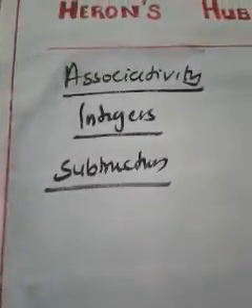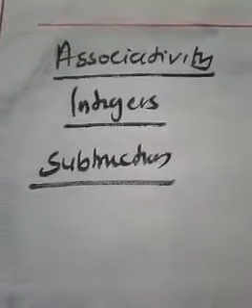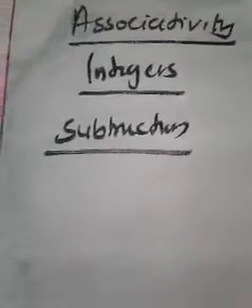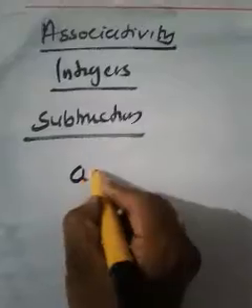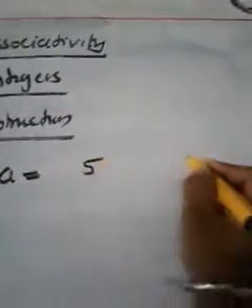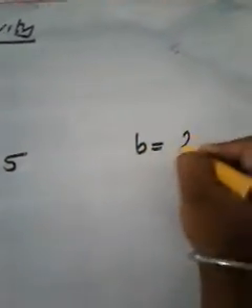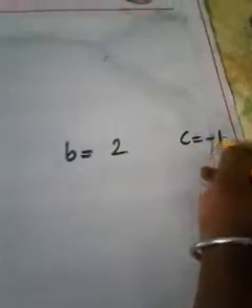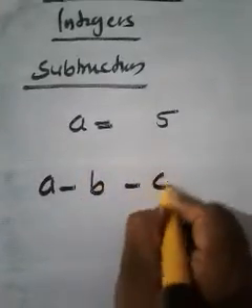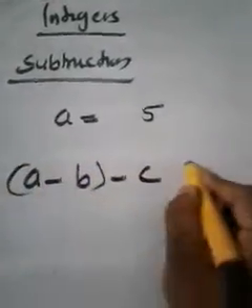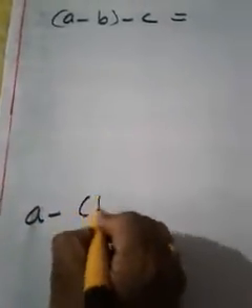Now it is the time to check associativity in integers under the very next operation, subtraction. So let me select three integers, A as 5, B as 2, C as minus 1. Any problem? Because three are integers. We need what? Tell me. (A minus B) minus C. Is it sufficient? No. We have to give a bracket. Then what we need? A minus (B minus C).